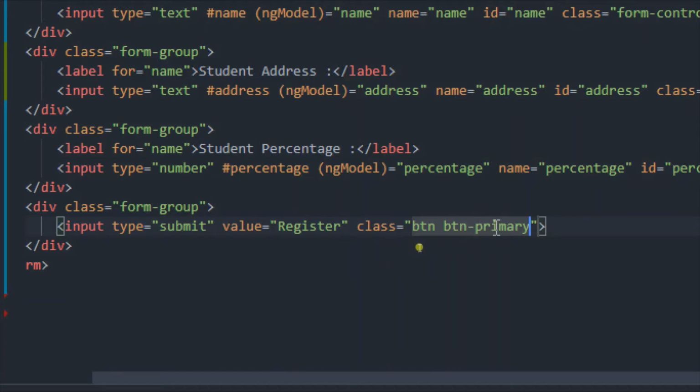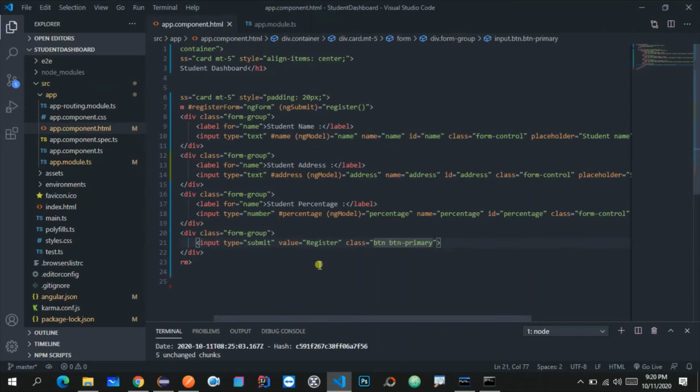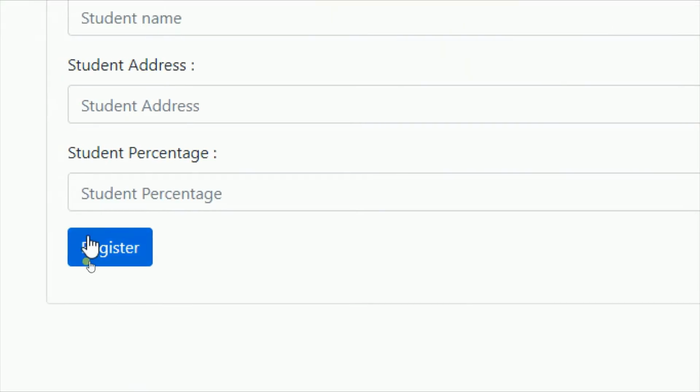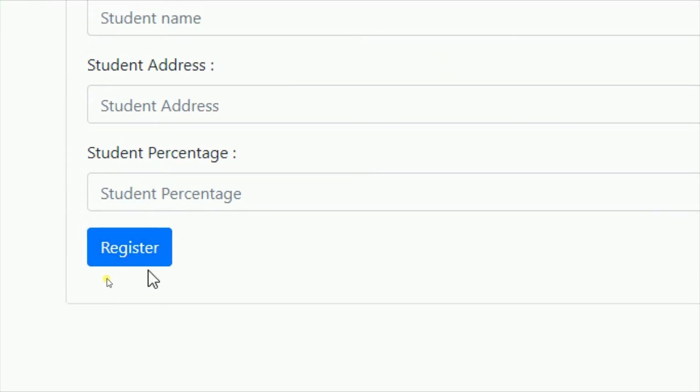You can go to the bootstrap website and find different classes for it, like button primary, button secondary, and button danger, which will be used for delete actions, which shows it is a dangerous action. Let me save this file again, go to the browser, and show you how it is looking. Now as you can see, it has some styles.